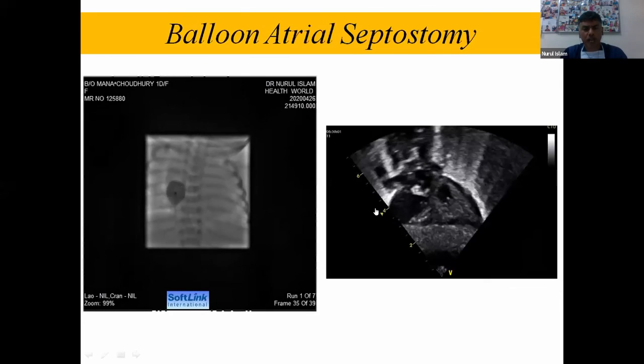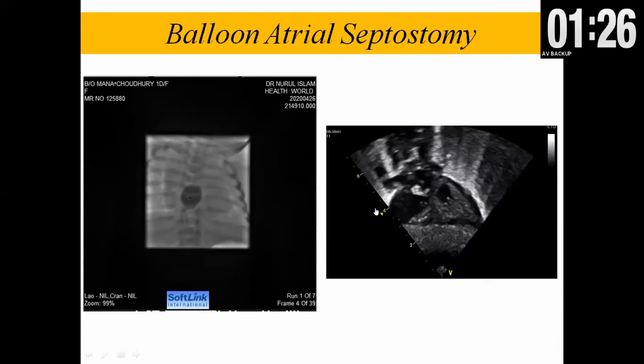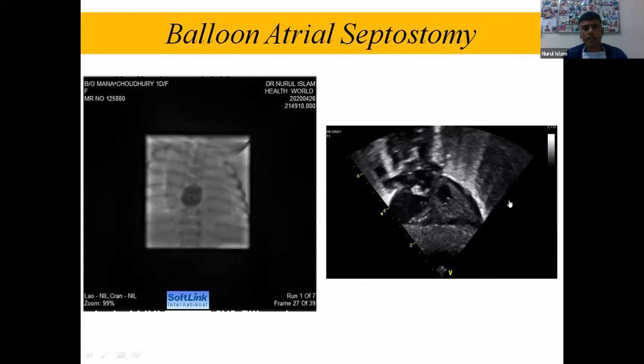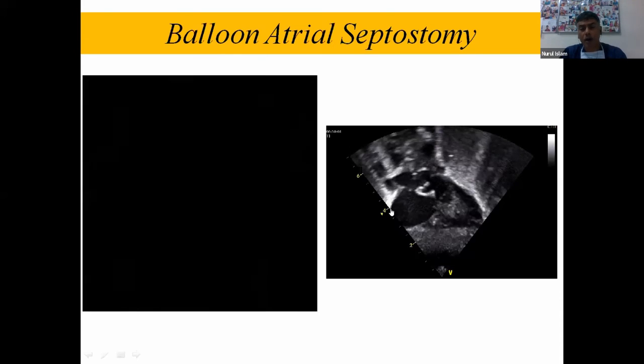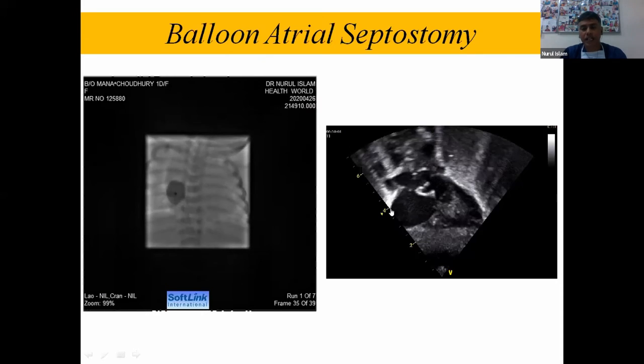Balloon atrial septostomy, as we have discussed, is a very important and life-saving procedure for this kind of babies. And when you are inflating the septostomy balloon inside the chamber, if you have any doubt, you should check on echocardiogram whether it is within the proper left atrium, whether it is not in the pulmonary vein, which can get injured, and it should not be within the mitral inflow. It should not enter into the left ventricle. That can create problems. So these things are very important.